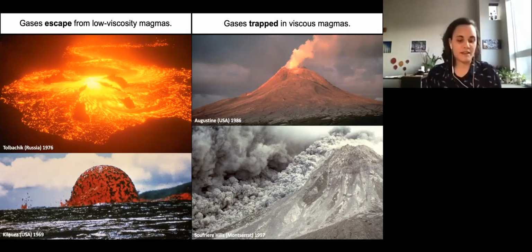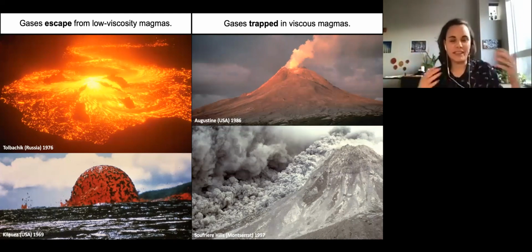In contrast, in magmas that are higher viscosity, gases are trapped. Magmas become more viscous as a result of the chemical evolution of the melt component, but also because of the crystallization of solid phases. So in these crystal-bearing, a little bit more viscous magmas, gases are trapped. They have a difficult time expanding against the surrounding magma. They can't connect to other gas bubbles particularly easily, and they can't really leave the volcanic system. And so what this means is as a trapped volatile phase, they're sort of primed for